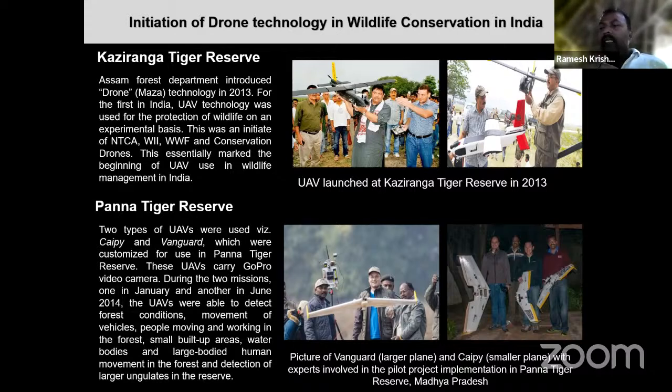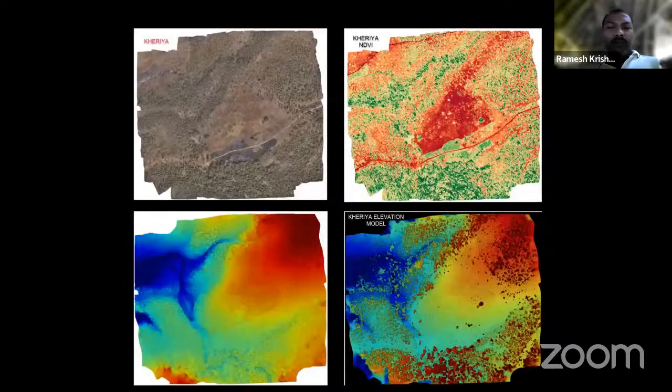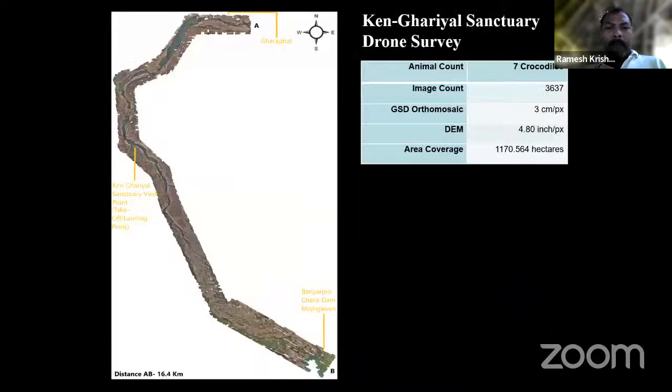You can see that the growth of drone application in India was catapulted from this particular situation, because till then there was no drone policy. You can see the policy development happened here. But the kind of information that we're able to get now, you can see this Wildlife Institute campus in high resolution. We can get LiDAR, we can get fine resolution topographic mapping. We can get into village grassland mapping.